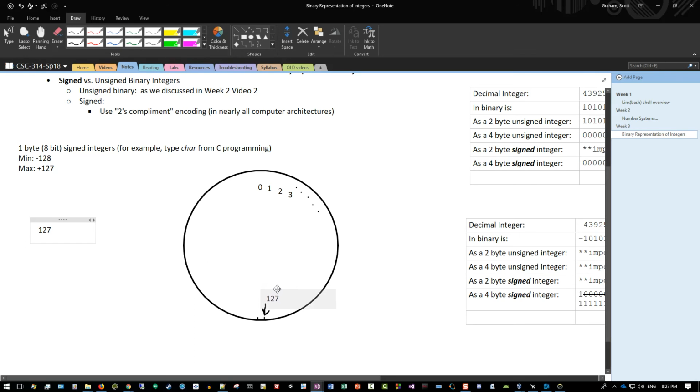All right. That's where that is. Actually, I think I can live without the arrow. There we go. So we have 127 there, and working our way backwards around the circle, then there's of course 126, and then 125,